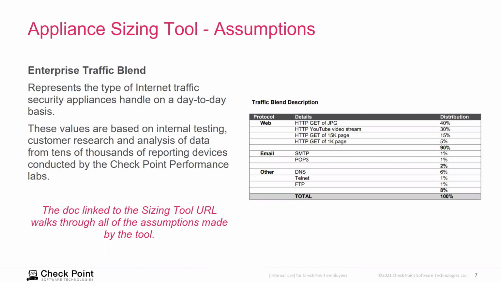So the traffic blend description. This is an aggregate of all of the data and types that Checkpoint sees across its userscape, for lack of a better term, and how it's distributed. So web traffic tends to take up 90%, email about 2%, and other, which is DNS, Telnet, and FTP about 8%. So this is just one of many assumptions that are taken into consideration when you're using the application sizing tool. So keep in mind, since there are assumptions, this is based on probability,